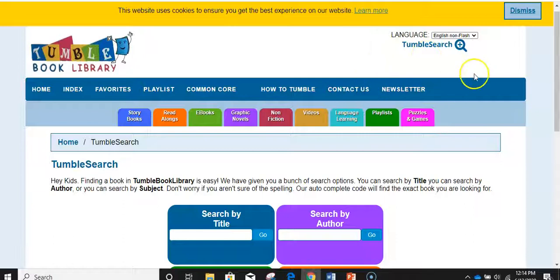Now that I have shown you 3 ways to search, you can go to the categories. This is the first one. Going to the index is the second one. And going to the Tumble Search is the third one. We're going to go back to our storybook